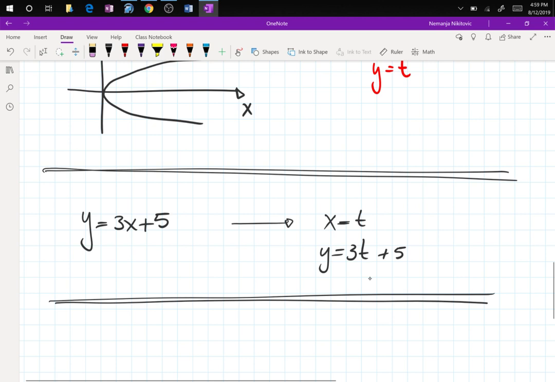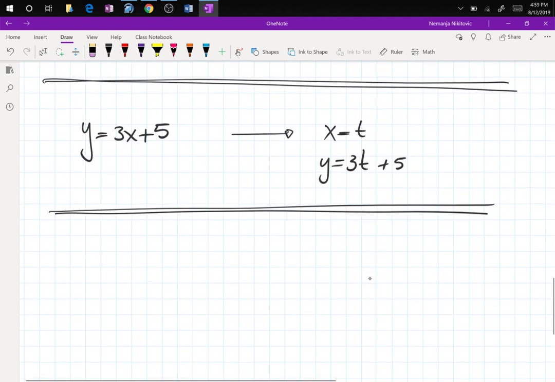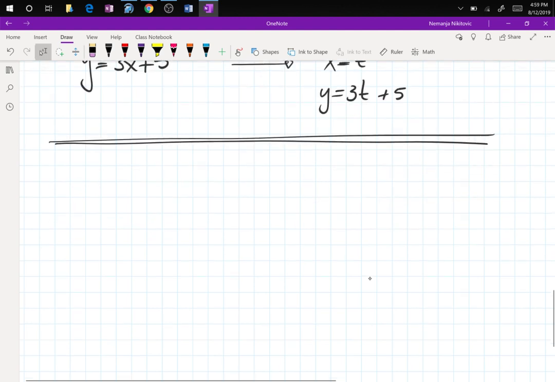But that's next semester, so you don't have to worry about that yet. What we want to learn is the way to graph parametric equations, and we are also going to find out another feature for them. So let's graph